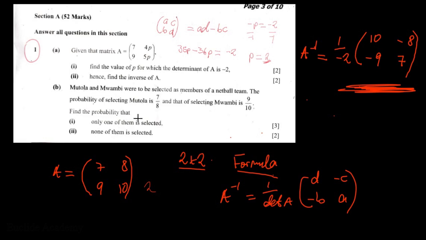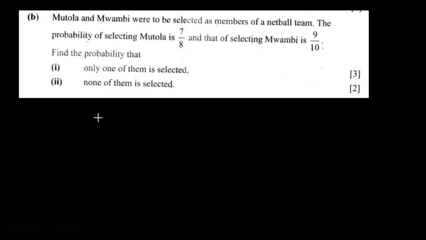Okay, so this question is on probability, and I'm going to rush through some of these questions because I'm trying to cover as much as possible. So let me put this question on the next slide so that we can easily capture this. Alright, so Mutola and Mwambi were to be selected as members of the 8-ball team. The probability of selecting Mutola, we're going to use MU for Mutola,